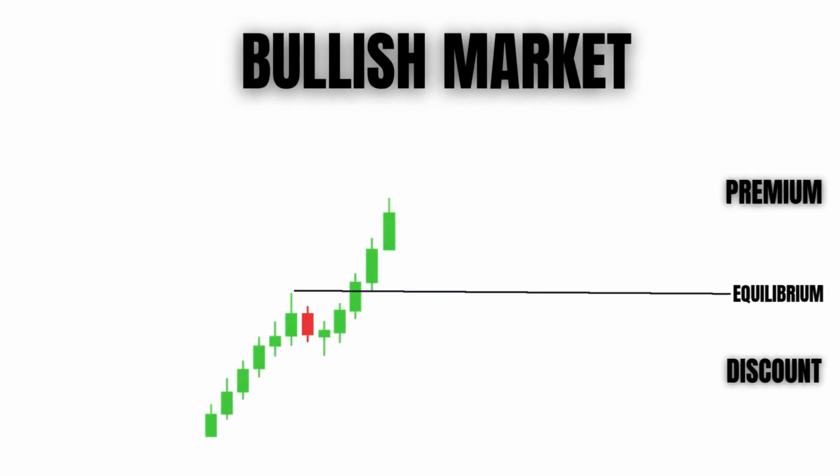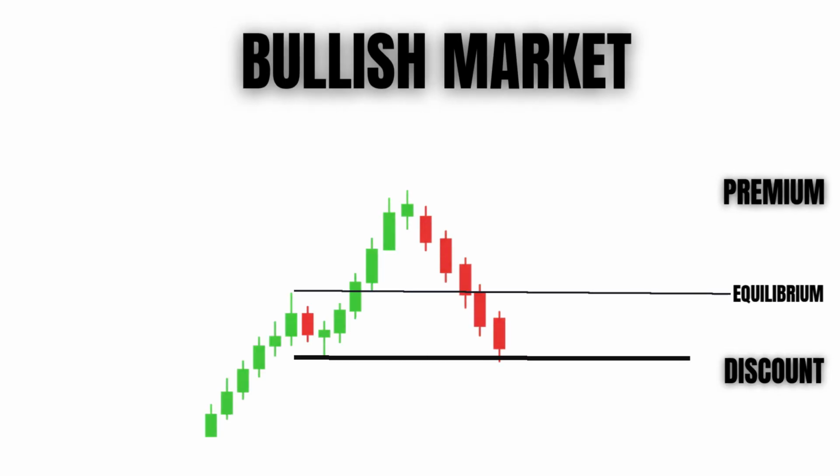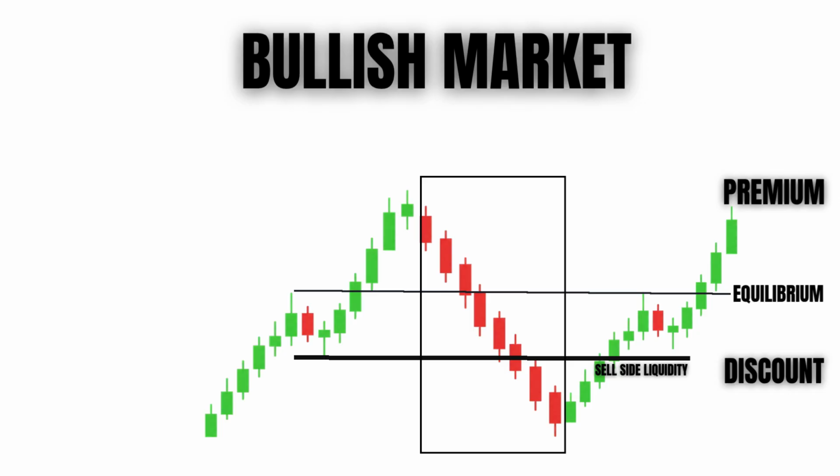Higher time frame is bullish. Price pulls back into a discount zone. Below that discount zone, there is a pool of sell side liquidity. A swing low or equal lows with stop losses sitting below them. Price sweeps that liquidity, spikes below the lows, takes out the stops, and then reverses hard back into the bullish direction. That sweep into discount to grab sell side liquidity before a bullish move is one of the most reliable